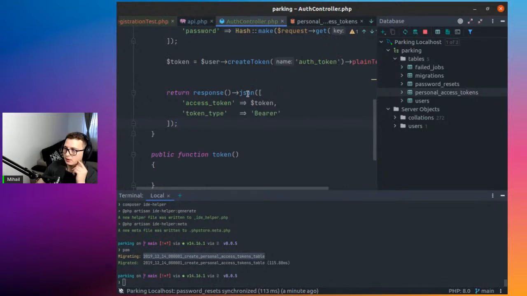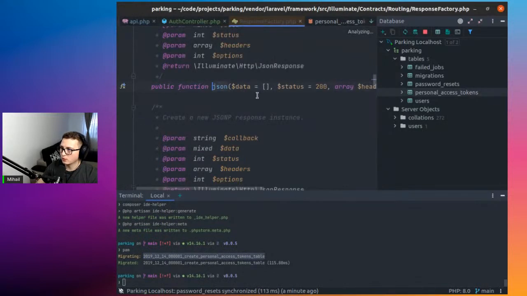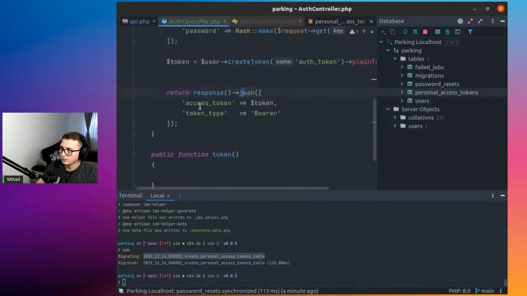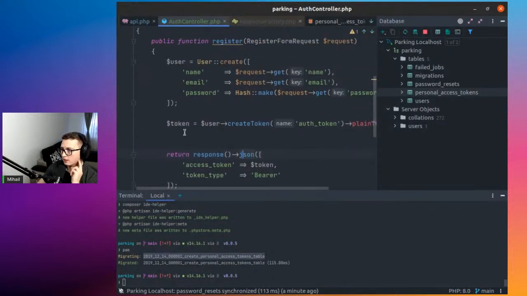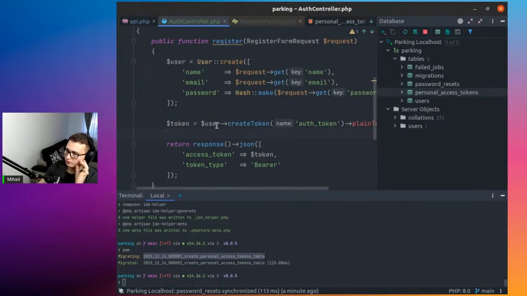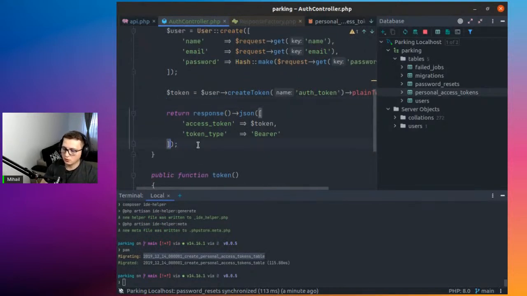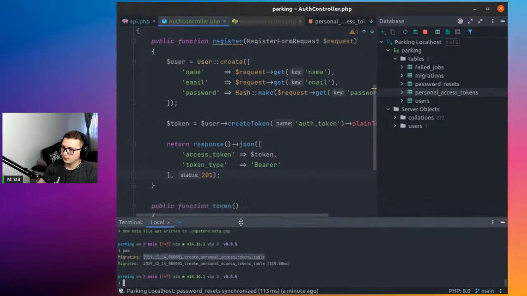Okay, now the JSON response will return a 200 by default, but since we created a resource, we created a user, I think we should return 201. Yeah. So let's try to hit that endpoint